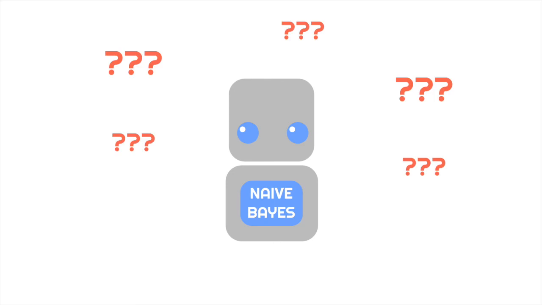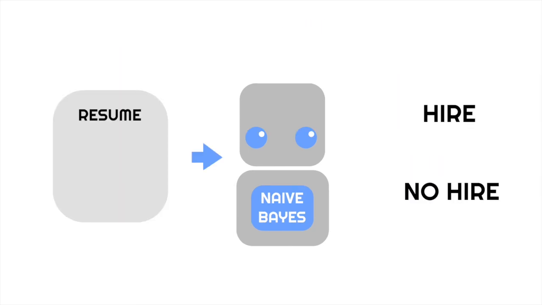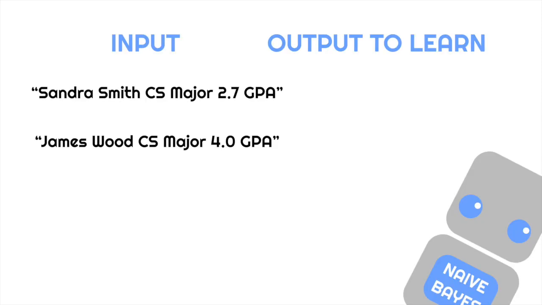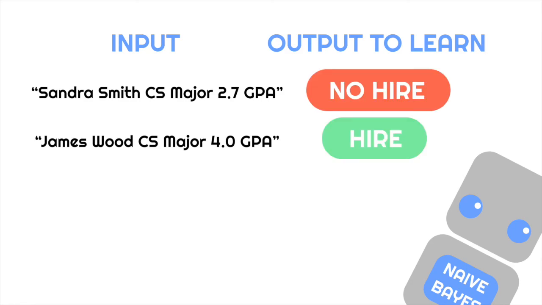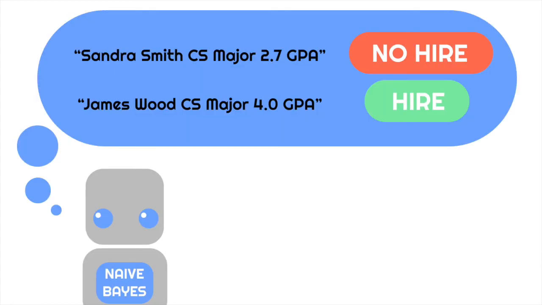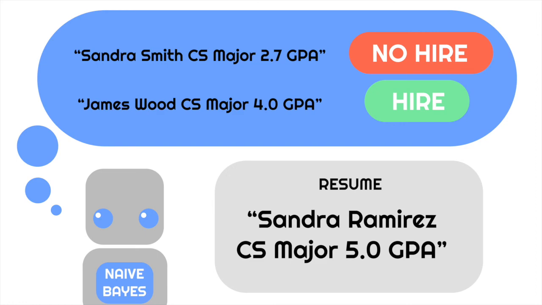For example, let's look at using naive Bayes in resume screening. Say a company wants to save money by having an AI screen resumes to determine whether someone should be hired. This company trains a naive Bayes system by providing it input-output pairs in the form of applicants' resumes and whether or not they were hired. In this case, however, their data set only includes 2 pairs. What problems do you think could arise from this? For example, what would happen if this applicant applied to this company?